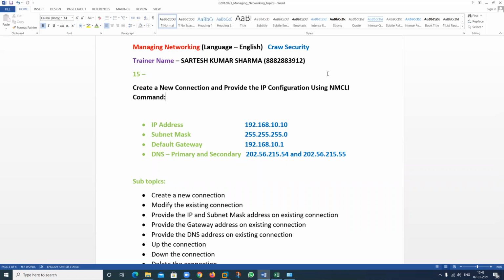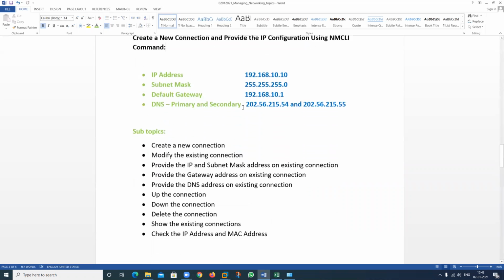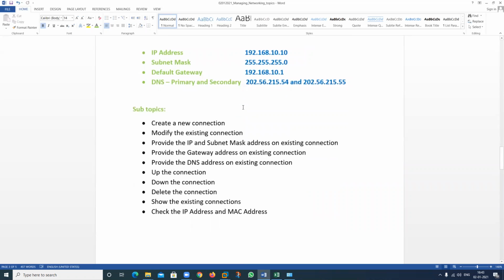In this session, we will discuss the practical part of how to provide the IP address on any Linux machine and how to create the connections. So these are my topics that I will discuss: how to create a connection, how to modify the existing connection, how to provide IP, subnet mask on any existing connection, gateway address, DNS address, how to up the